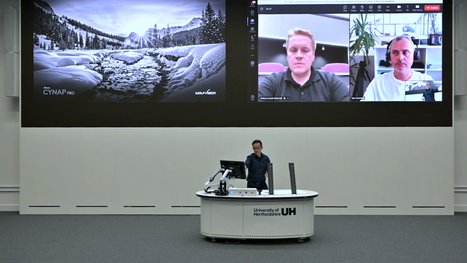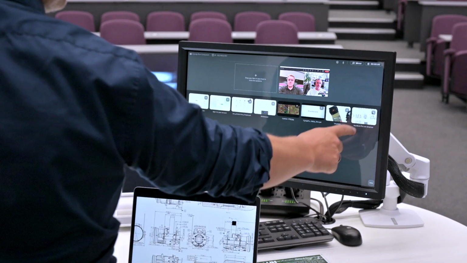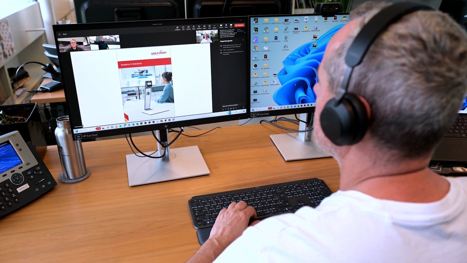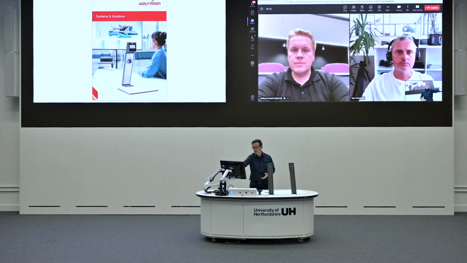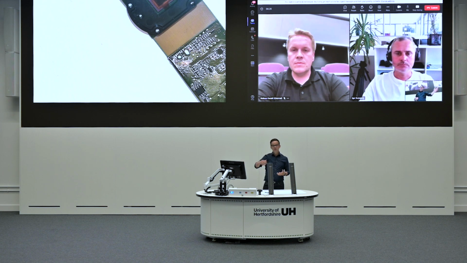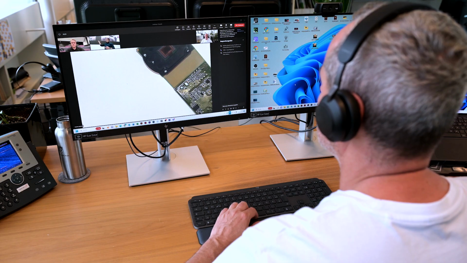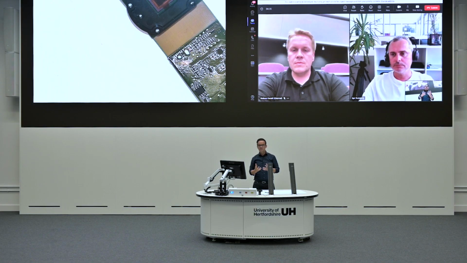So for example, we want to show the PDF. Just a drag and drop to the right screen will show it in the classroom, but the students on the far side are going to see it too. It's just a drag and drop to the second output, and now the content from the visualizer is shared to the far side and also to the screen. So the experience for all the attendees, no matter if they're at home using their computer in a web conference or in the lecture hall, is exactly the same. And the control is that easy, just drag and drop.